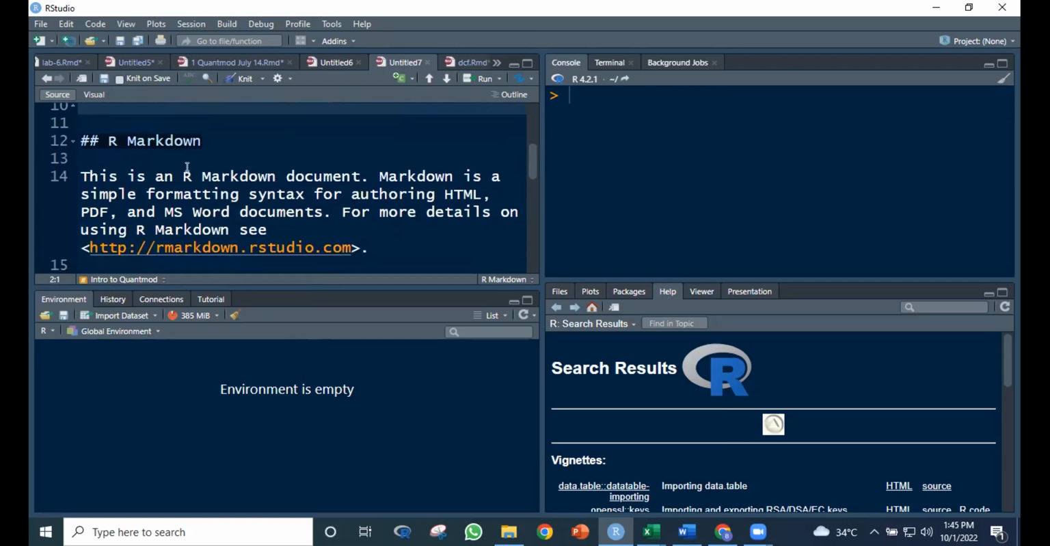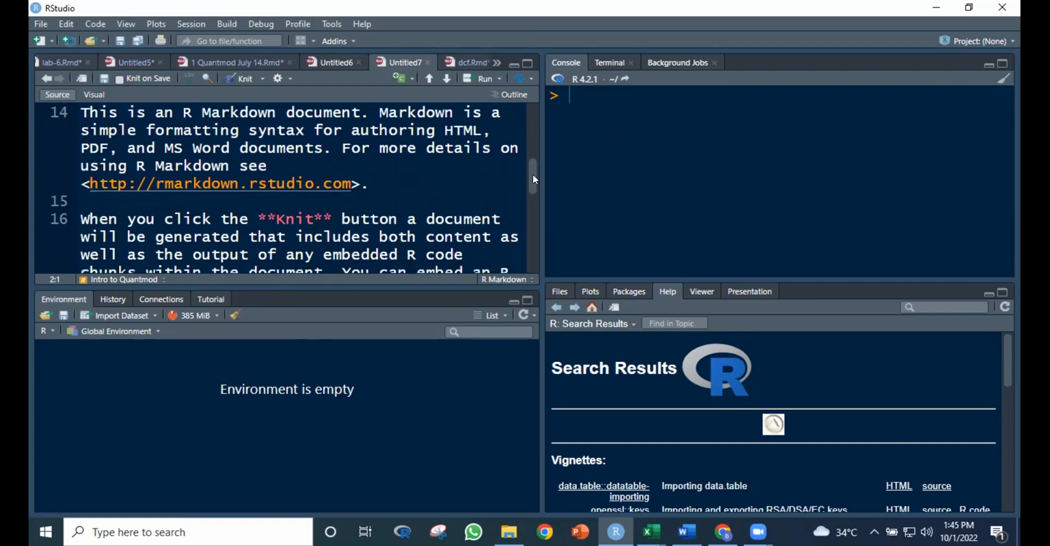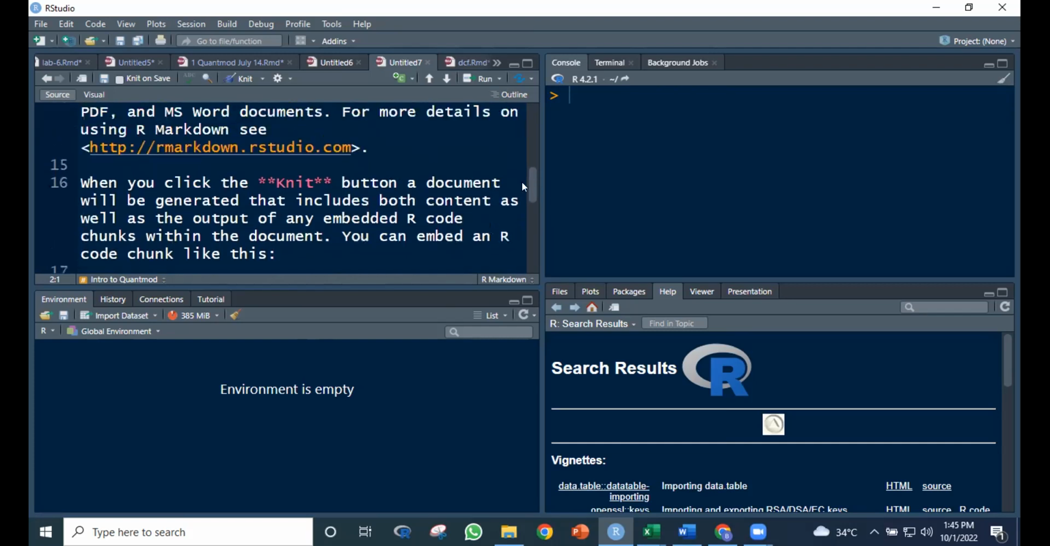Okay, R Markdown. This is an R Markdown document. It's a simple formatting syntax for authoring either an HTML, PDF, or a Word document. Okay, and then you're given this link, rmarkdown.rstudio. I leave you to navigate through this and learn more about R Markdown. Okay, and then when you click Knit,